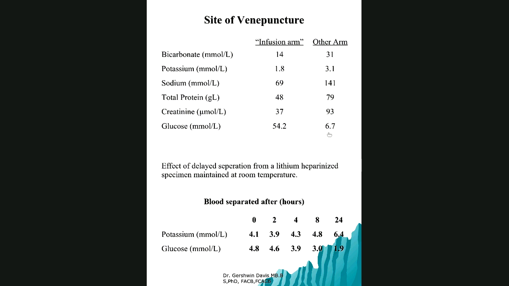And you want to feel sorry for the patient and take blood from the infusion and you get the wrong results. You need to use the other arm. That's the message. You can't take it from there because you might get this dilution effect, falsely elevating based on what is being infused.